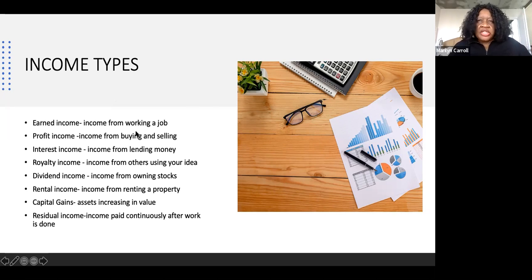There's no guarantee that you're going to get a better job or a different job, but you can know how to negotiate better for yourself, or you can switch over or keep or maintain. Profit income, that's again, buying and selling assets. That's profit income. I could buy right now, for example, my son's car was purchased for 22,000, but now it's